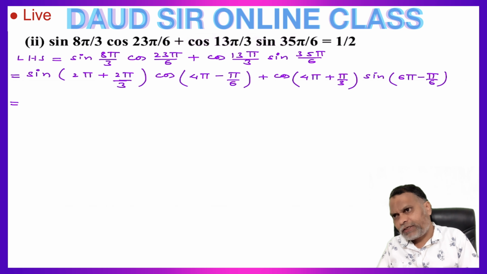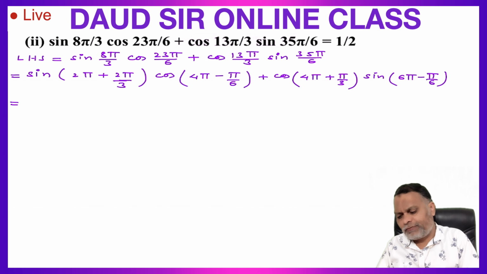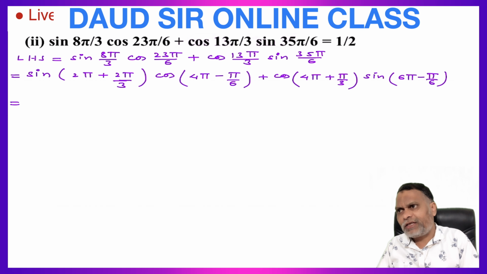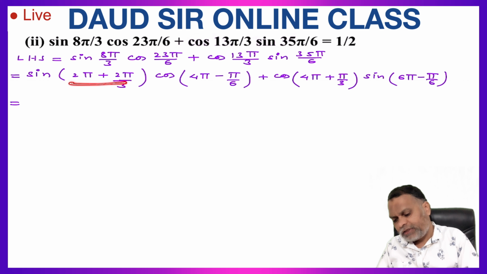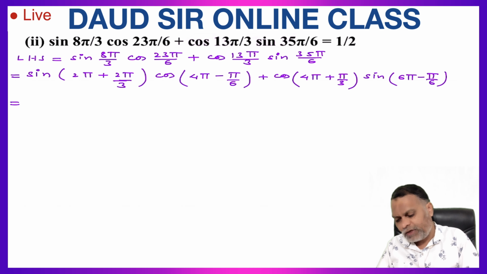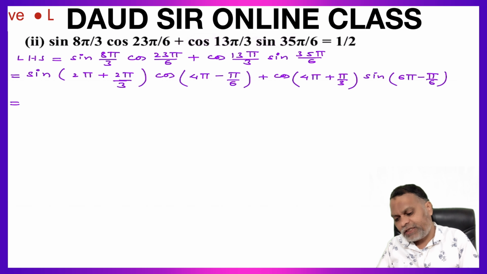Which is equal to sine 360 plus theta. 360 plus theta lies in first quadrant. In first quadrant, all trigonometrical ratios are positive, so this is positive. Which is equal to sine 360 plus theta. 360 plus theta lies in first quadrant. In first quadrant, all trigonometrical ratios are positive. This is sine, so it is plus. And in case of 360 degree, there is no change. So this is sine 2 pi by 3.